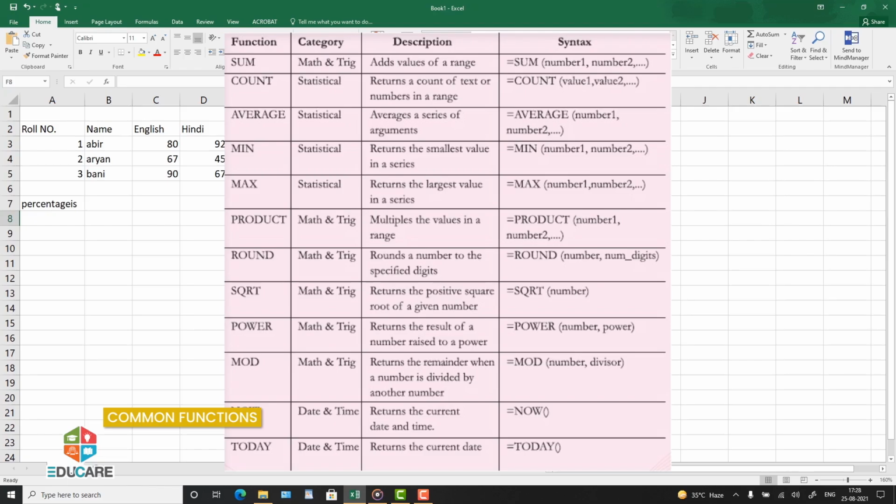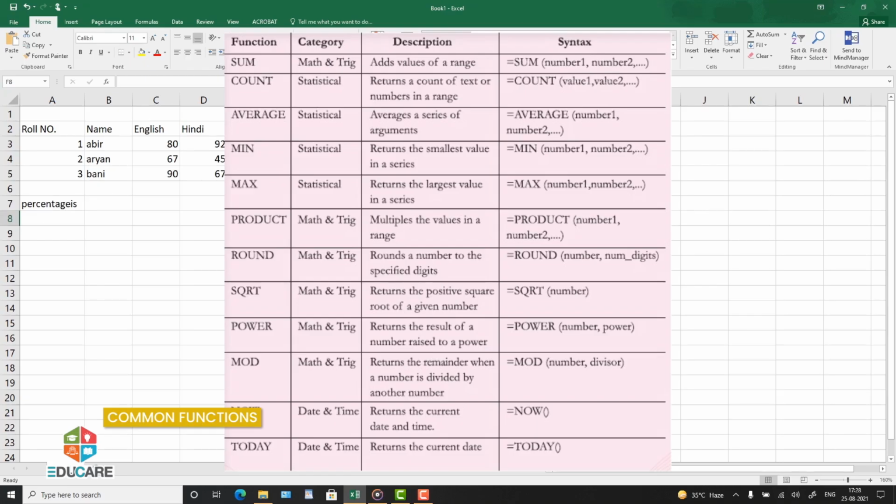COUNT, statistical. Returns a count of text or numbers in a range. =COUNT(value1, value2, and so on). AVERAGE: averages a series of arguments. =AVERAGE(number1, number2, and so on). MIN, statistical.